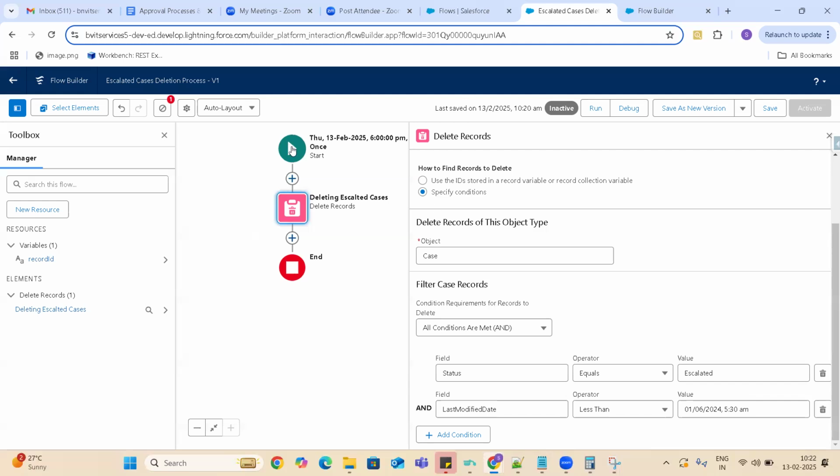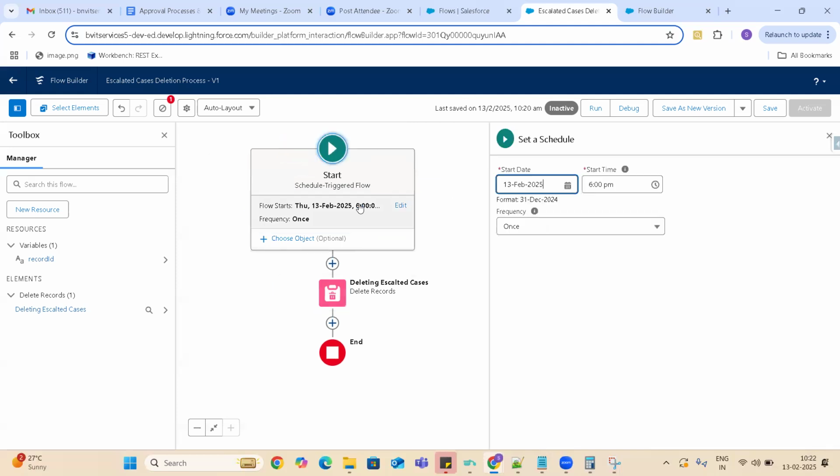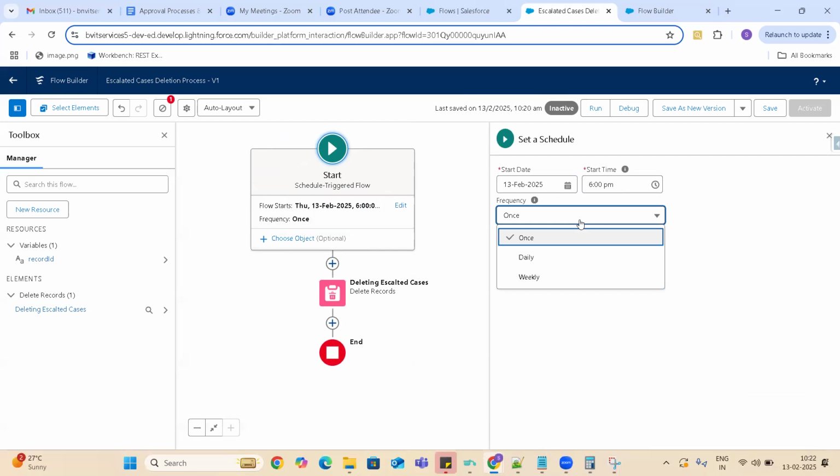So I wanted to run it today at 6 p.m. Here I have the frequency of once, because this is only a one-time job. Another requirement could be something like this: daily, I need to send a notification on these escalated cases. Whenever there are escalated cases, I need to send a notification saying, please, you have some escalated cases, please check them out.